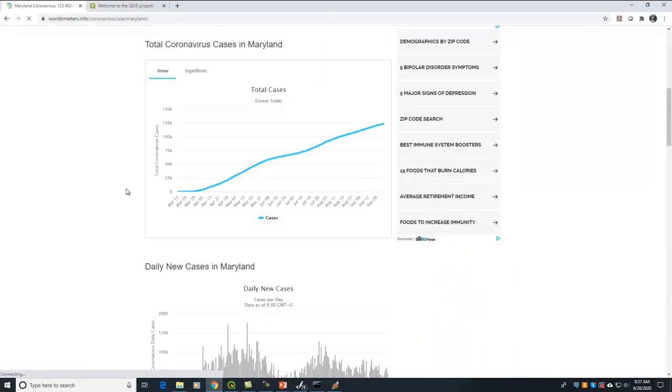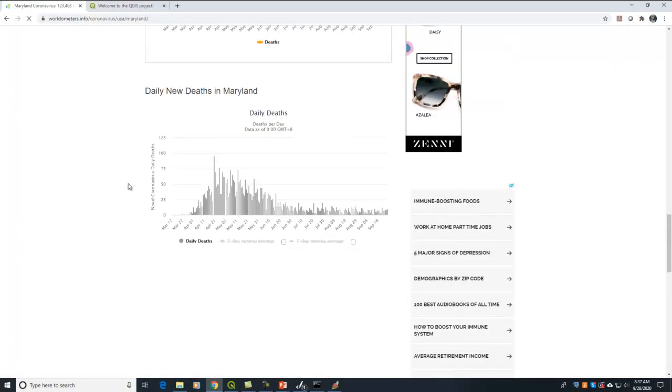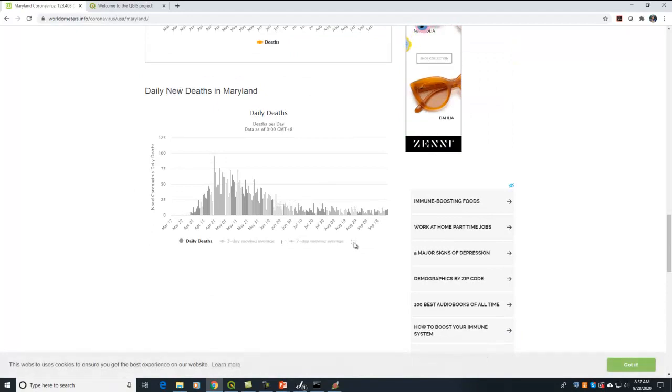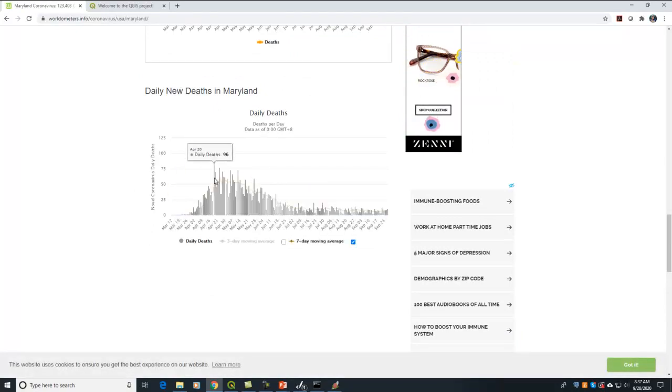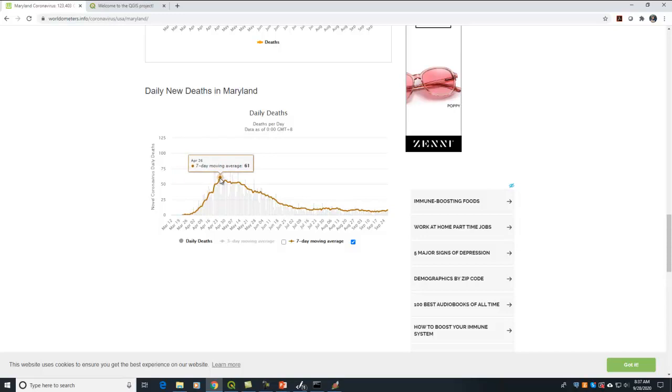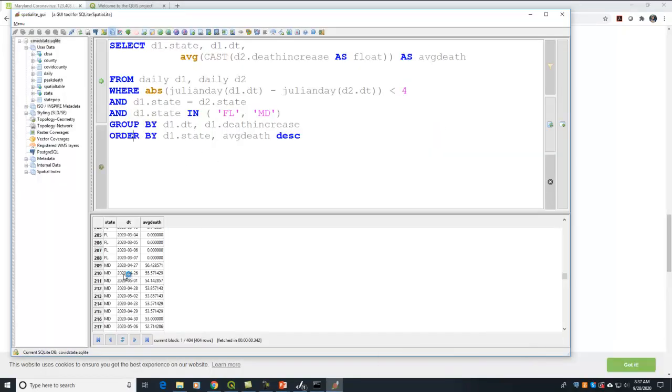I'm now in Maryland, so let's scroll down to the deaths. So again, we can click on the 7-day average, and right about here-ish, 61 deaths around April 26th. And I scroll down, and around April 27th, so off by 1 day, 56 deaths, so not quite the same number. So there's a little bit of differences here, but only by a few. But we're getting the correct date